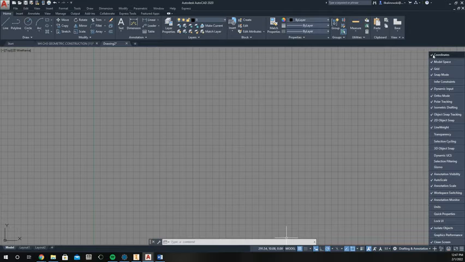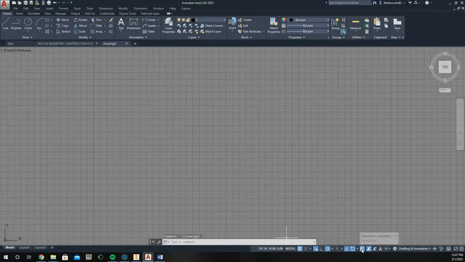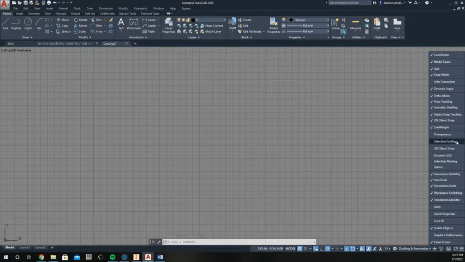The one that my students like working with the most, having on, and I do too, is line weight. So line weight is right here. This is what makes my lines look thicker than yours when we are drawing later on. You'll especially notice, when I turn it on, that little blue comes on. I like to have mine turned on. You do not need to do that, but here are some things that you might be interested in having turned